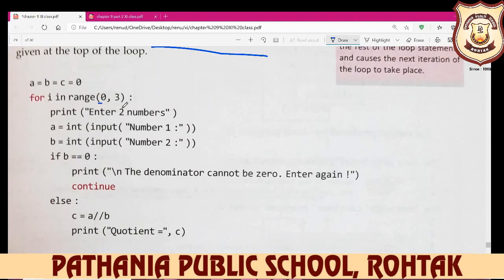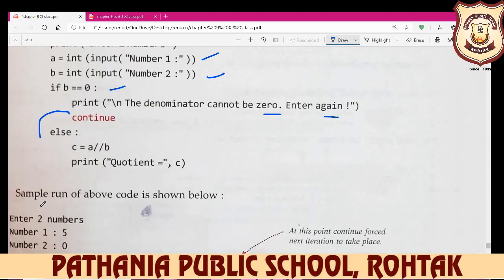So here we take the range 0 to 3 and then print enter two numbers. Here we input numbers the same as in break, and if b is equal to 0, then print the denominator cannot be 0, enter again, and your program will continue and reach the next statement. Otherwise your program does c divided by b, and your answer will be displayed as c.